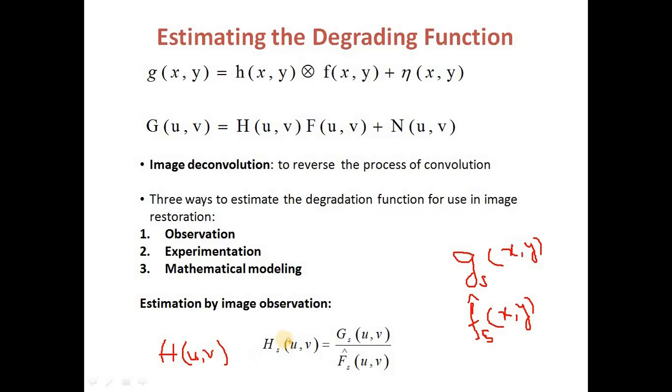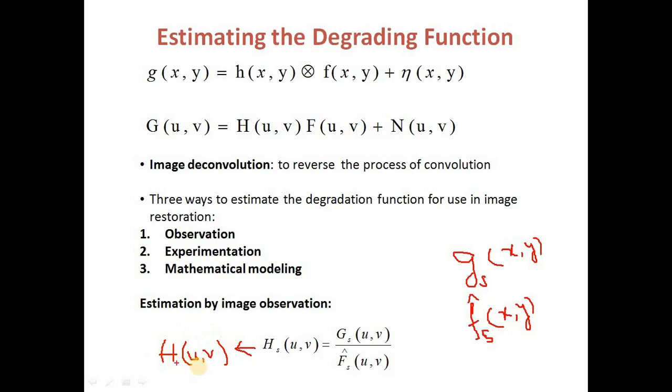Let's say for example we have got an H subscript s of u comma v which is a Gaussian curve. In that case we can deduce the capital H of u comma v as a larger scaled version of H subscript s of u comma v. So capital H of u comma v in this example also has to be a Gaussian curve, but of a larger scale, maintaining the same shape of the Gaussian curve.